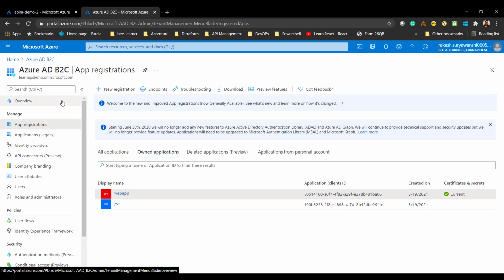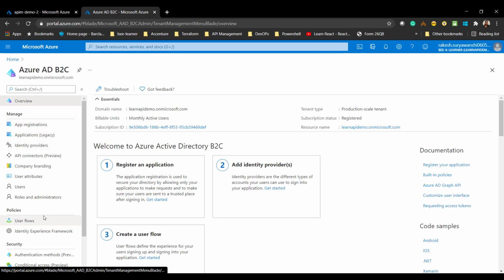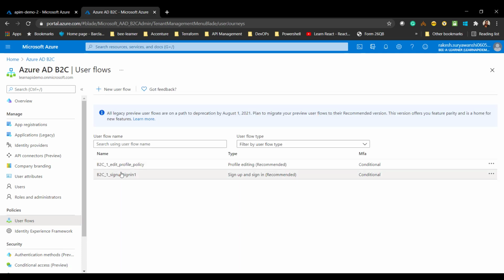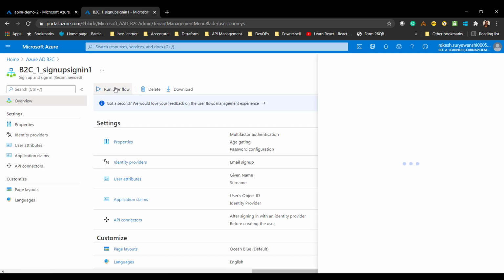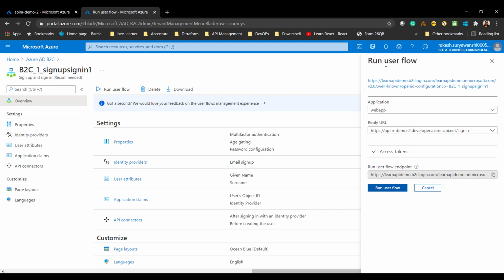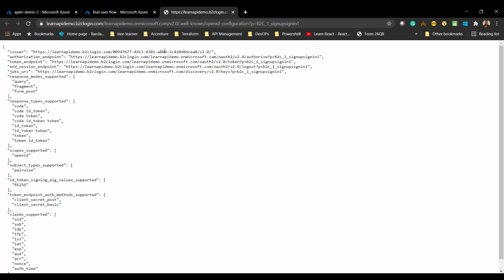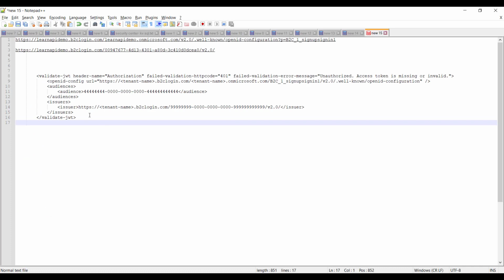Now moving back to the policy configuration, I will go to the B2C configuration, go to our policy, and run the user flow. Click on run user flow, then click on this particular URL. Once you open this URL, copy the URL value. This is our inbound policy.